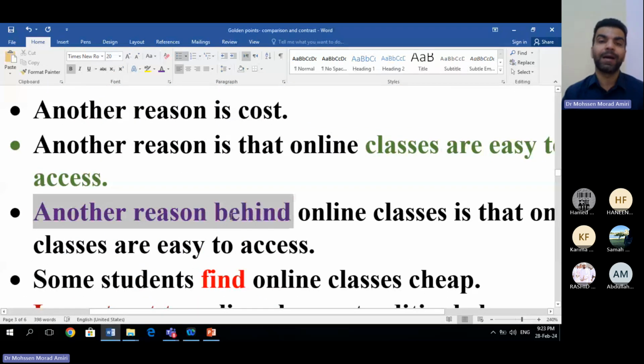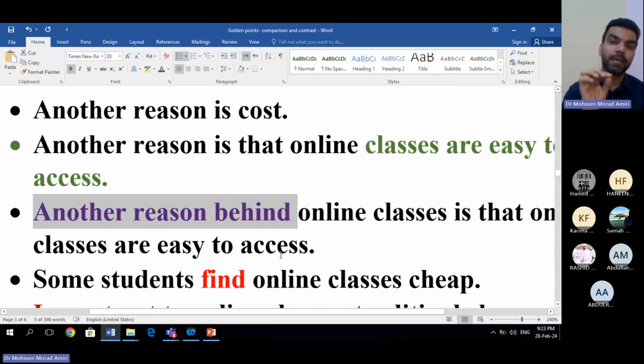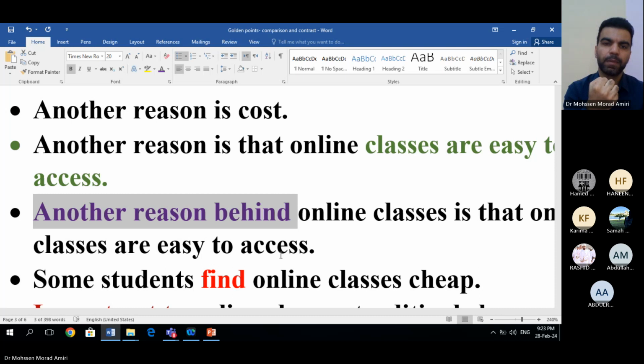Another reason behind. This is a very, very nice phrase. When you write such kind of phrases, your teacher in the final exam, in the midterm exam, will be impressed. So in online classes, you should at least learn something different from what you're learning in the class. Maybe your teacher did not tell you this, but "reasons behind" is very nice.